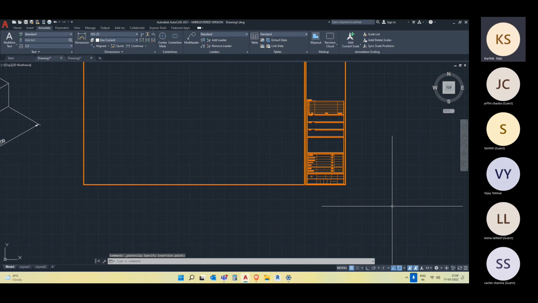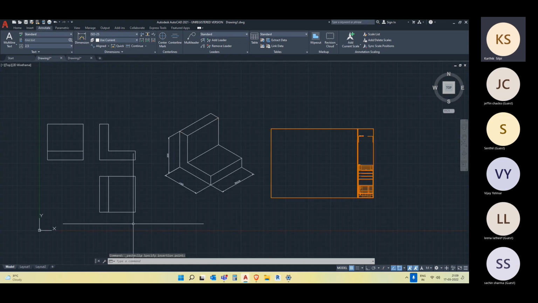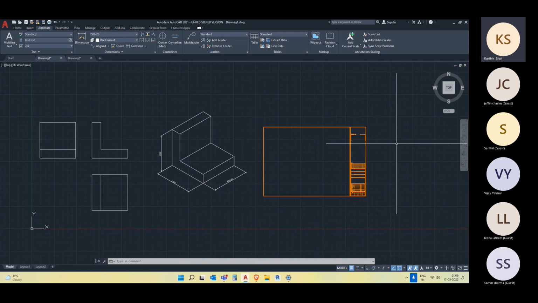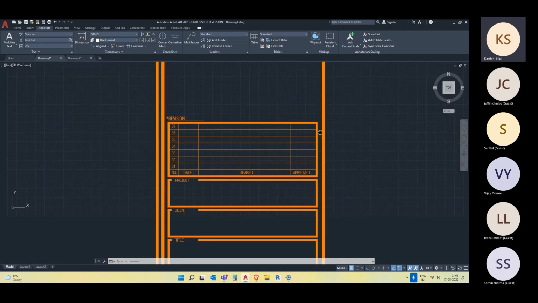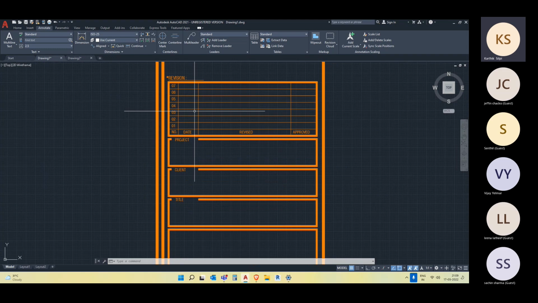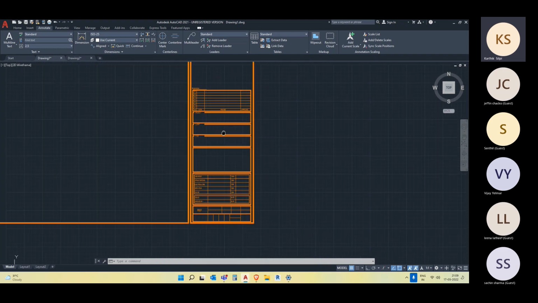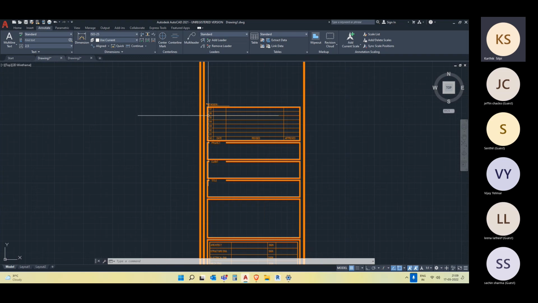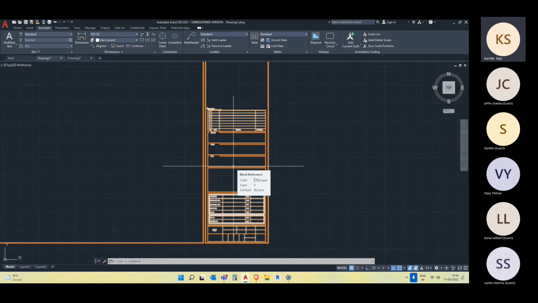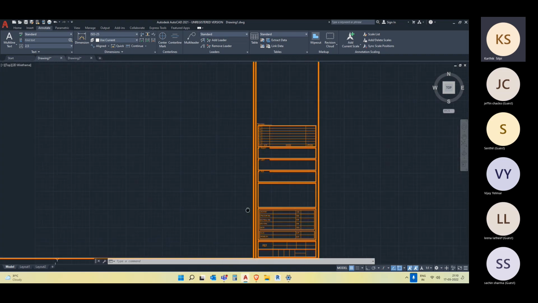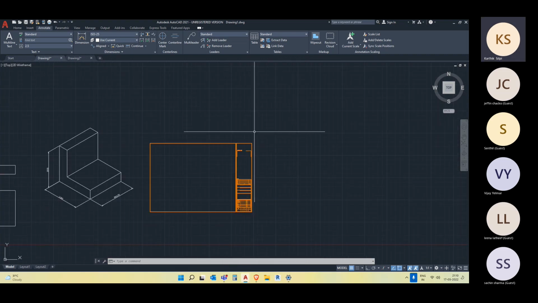So this is what a title block is. You can imagine a title block as a border of your drawing, and this border has certain information, like the drawing name and any corrections, which is called a revision. For example, I am a draftsman and I've drawn something, and I am giving it to my supervisor, and the supervisor has some changes. Those changes will be noted via this revision cloud, and then I will correct that drawing again,